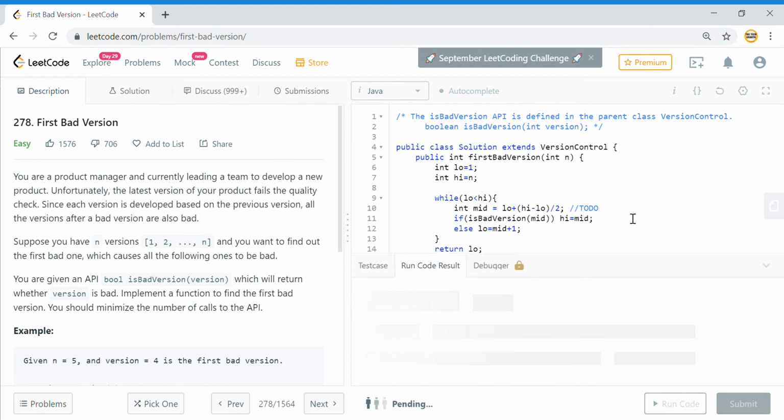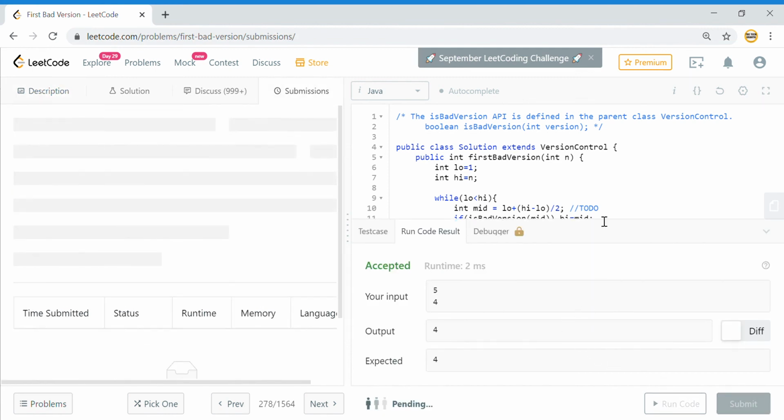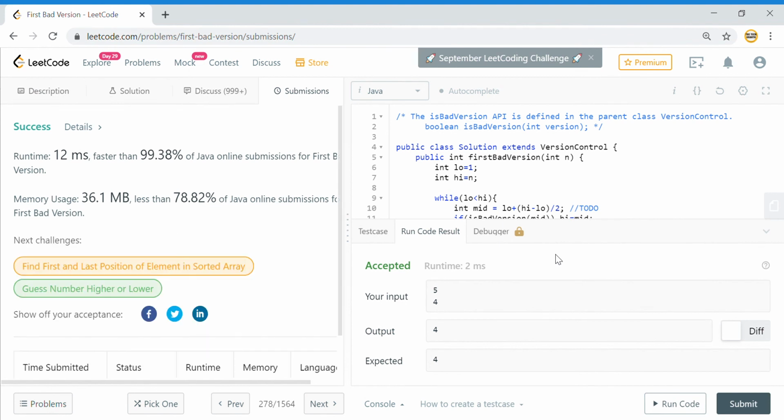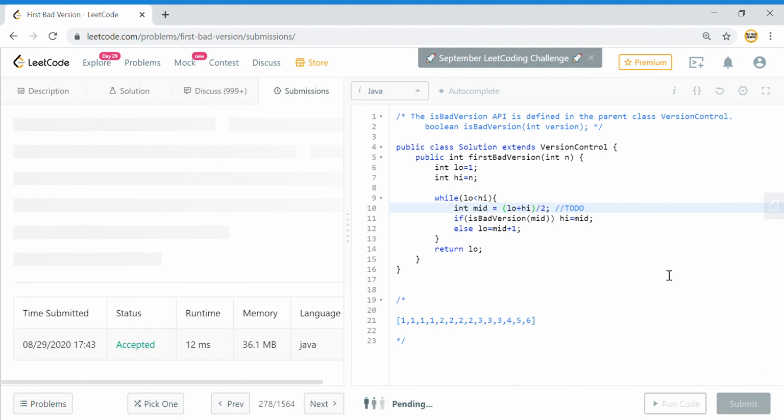So let us submit this problem. It looks okay. I will submit it, and it is accepted. Now, the thing I marked as to-do: when I initially tried, rather than writing this, I used the conventional way of low plus high divided by 2, and when I submitted it, it threw a time limit exceeded error.